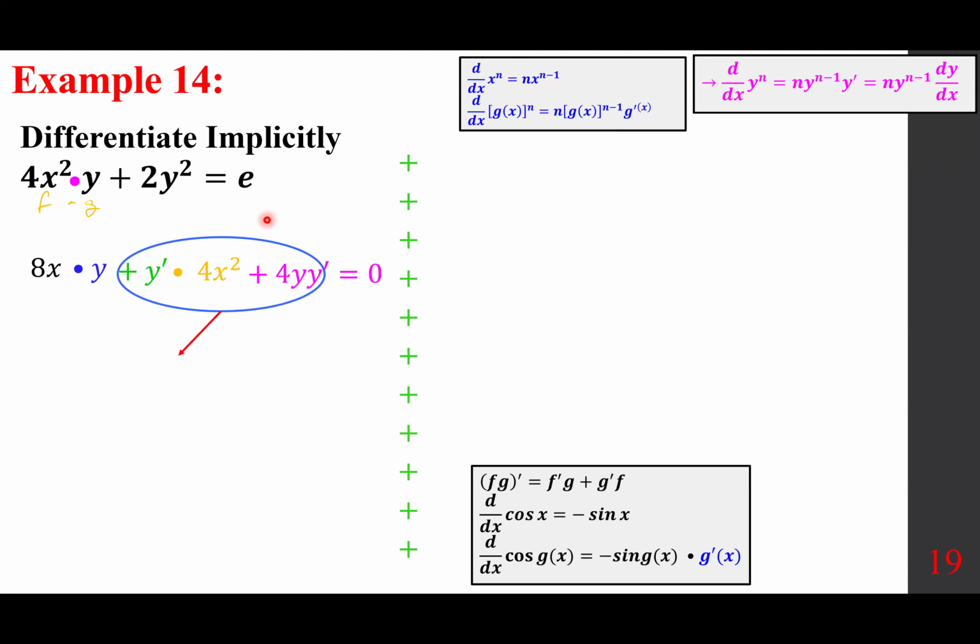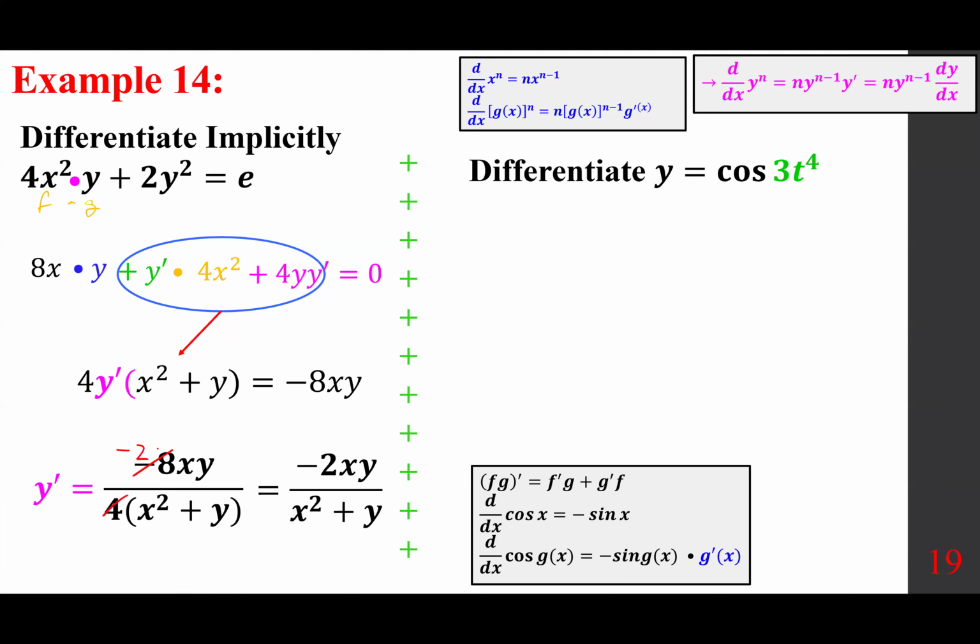We are going to divide. And simplify. What about this one? A couple of things I want to mention. Number one, the derivative of cosine is negative sine. The derivative of cosine of g of x is negative sine g of x, g prime of x by the chain rule. However, the way I approach things, to make it easy, at least for me,